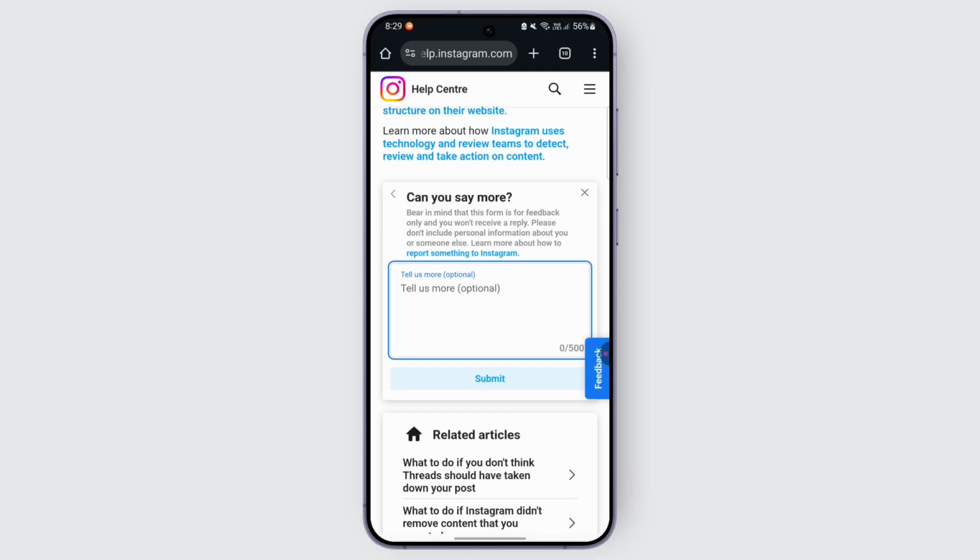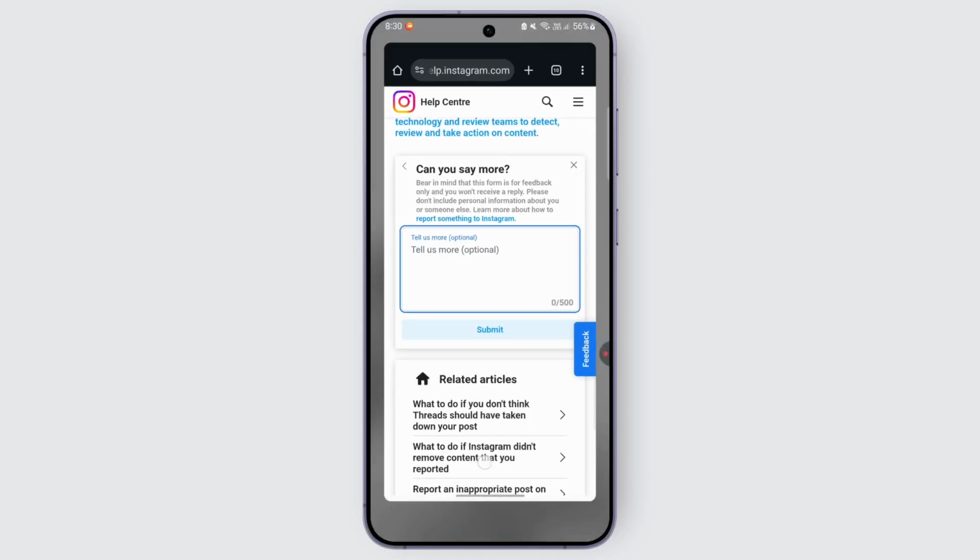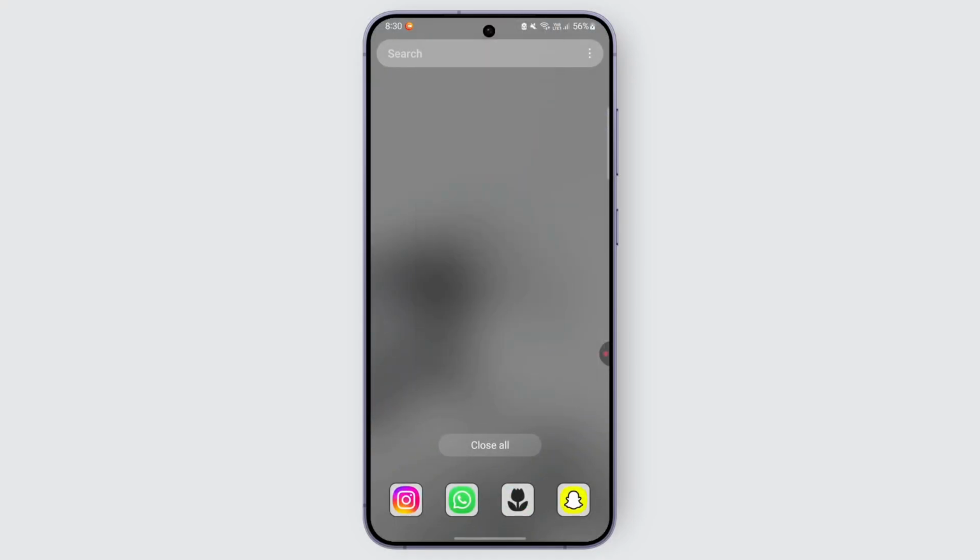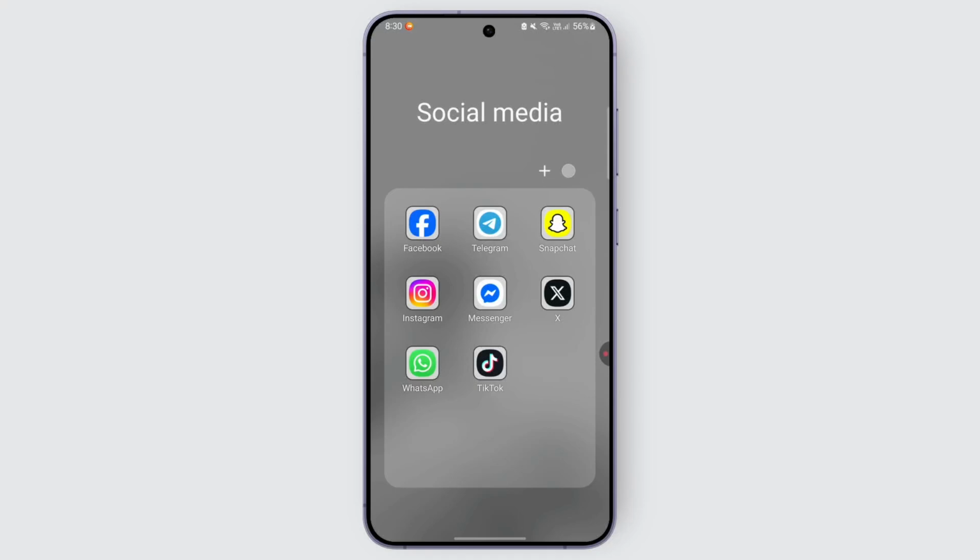And after submitting it, every morning and at night, you should probably get some response from Instagram itself. And that way, you can just go over and recover your suspended account on your Instagram. And that's it. So you can just go ahead and follow the process if you want to recover your suspended account from